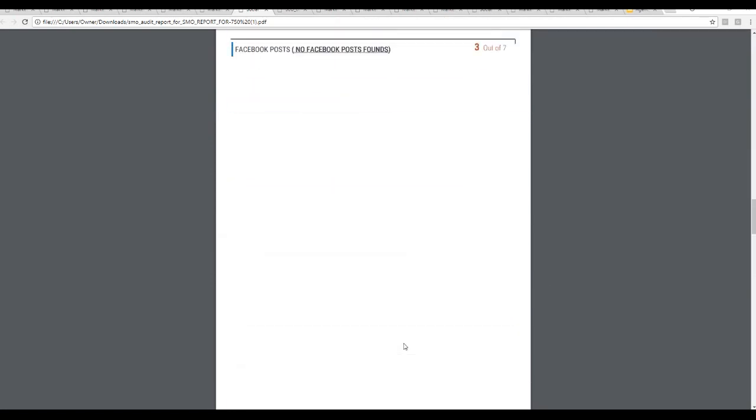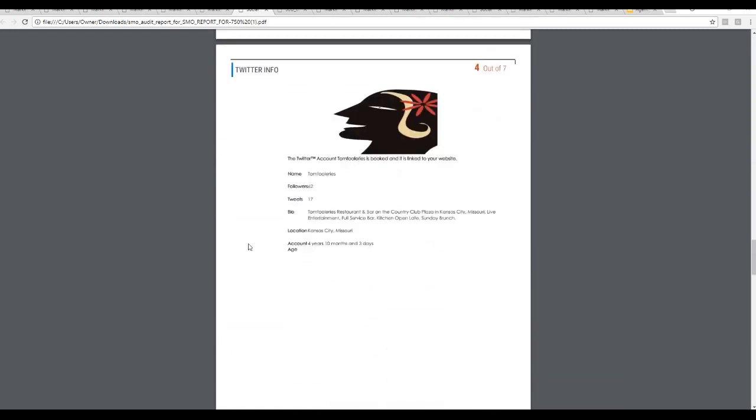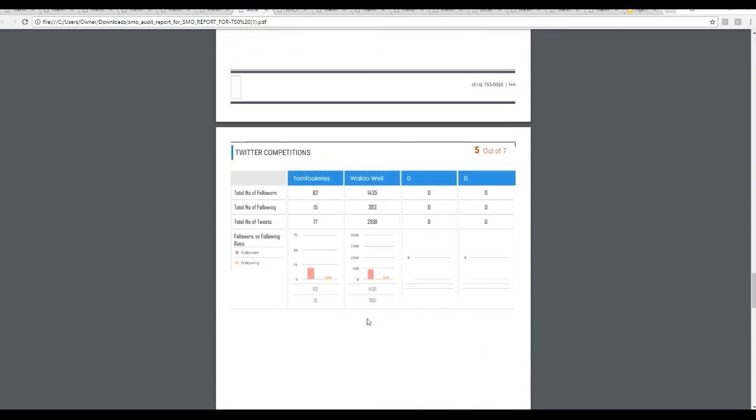And then it would break down their posts. So this particular lead did not have any posts within the last month to break down, and it's not showing any results as a result of them not posting in quite some time. Twitter info, again, break down the Twitter information that they would have and compare their Twitter engagement and posting rate